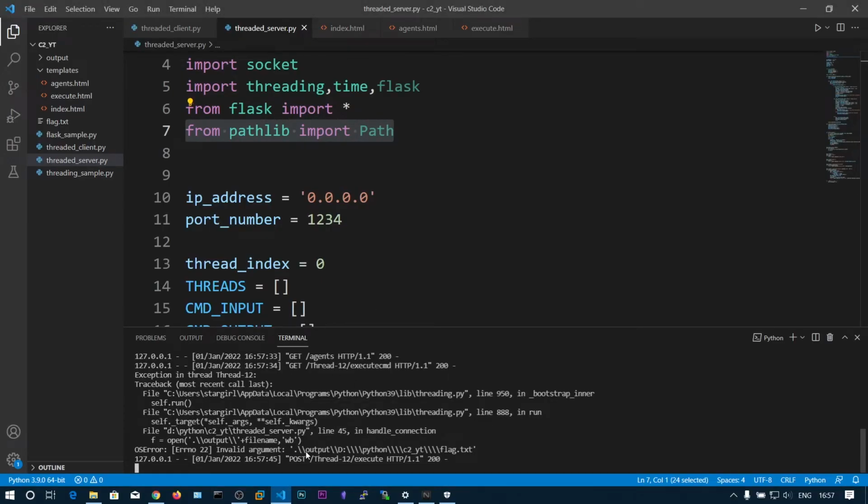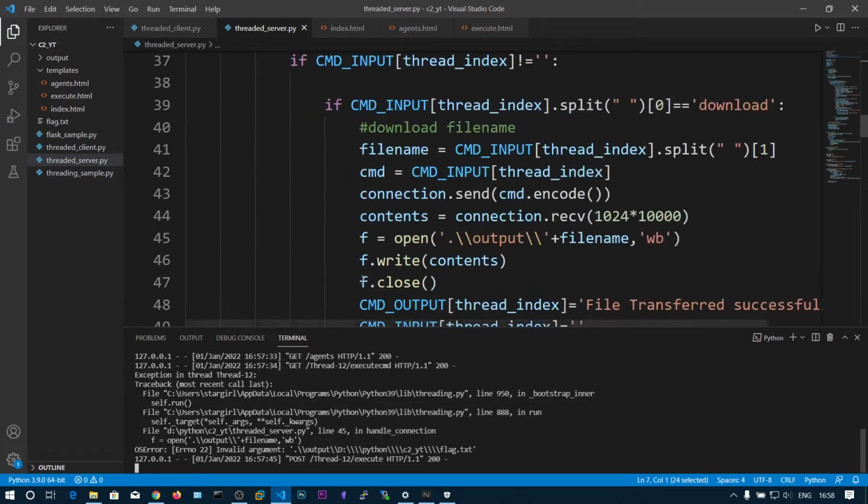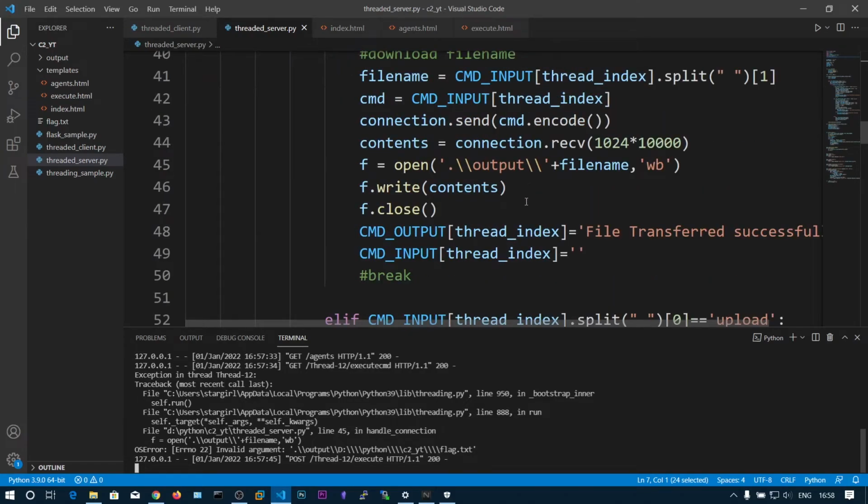Here you can see the output. Okay, so we are getting it on the receiving side. So let's remove this output.